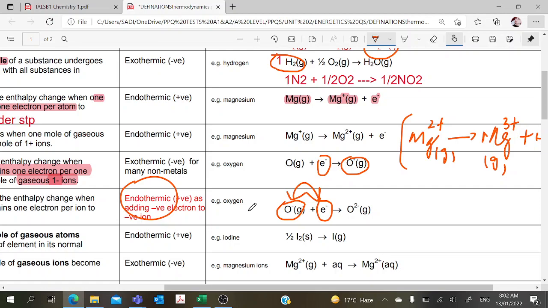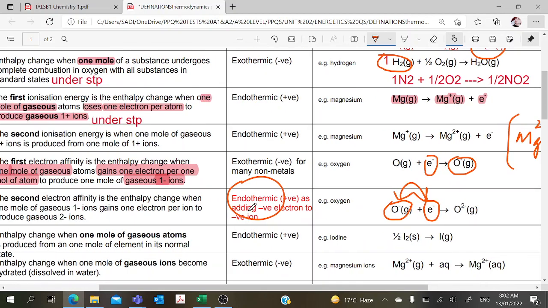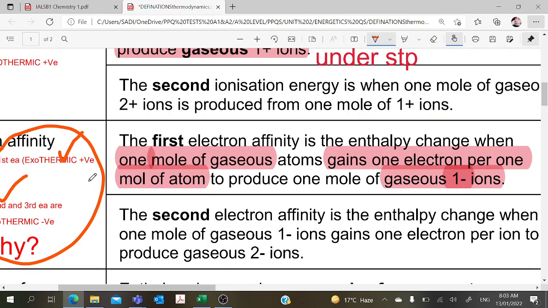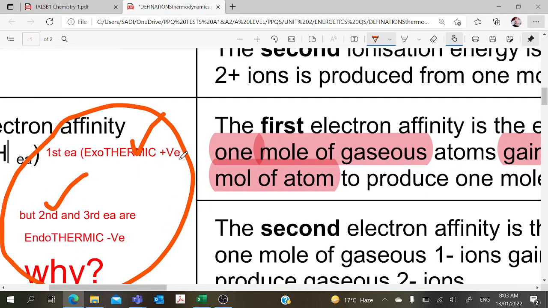Let me repeat the question once again. The question is saying: why is the first electron affinity always exothermic, but the second and third electron affinities are endothermic in nature? Okay, are we clear? Maybe I've written these positive values here. This is negative, okay, and this one is positive. For endothermic, you know that it's positive. Okay, so